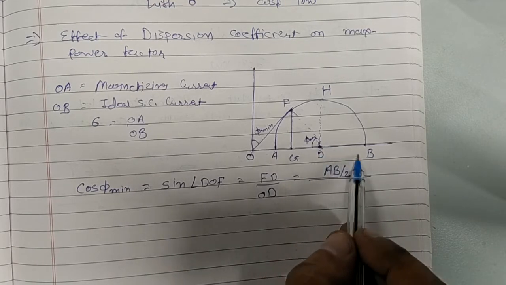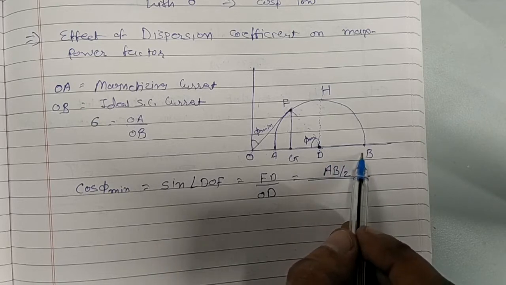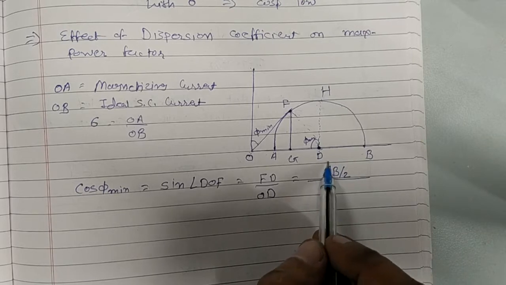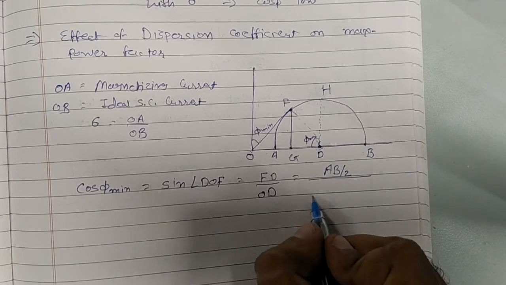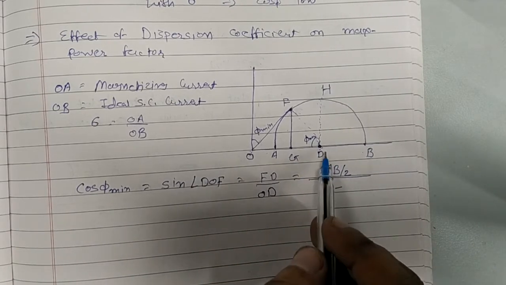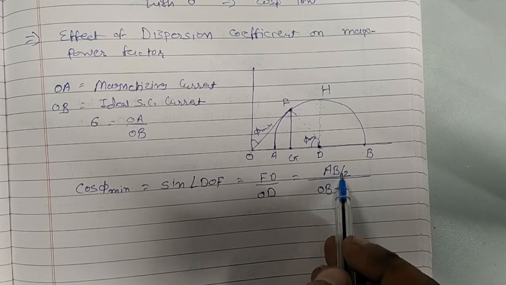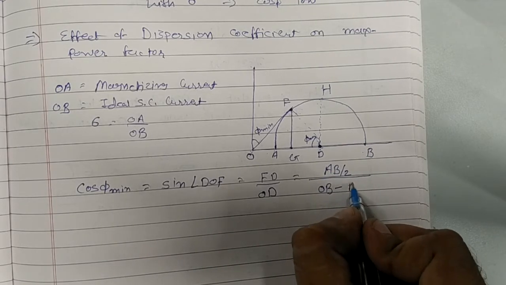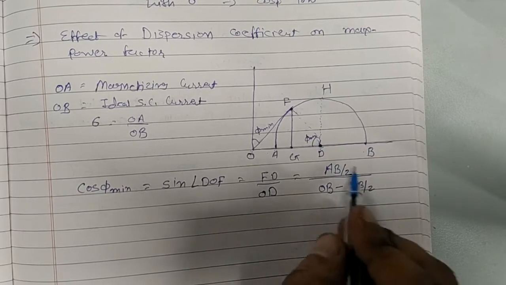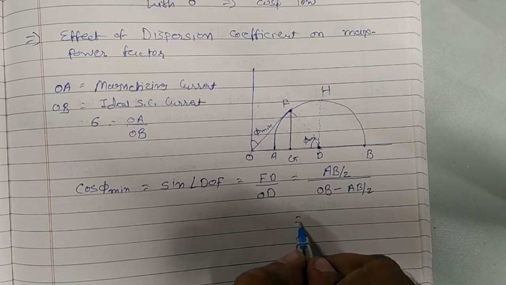But what is DB again? DB is also the radius of our semicircle, and all the radii of the semicircle are the same as AB by 2. So I can write OB minus DB, and DB is AB by 2, so directly I will write AB by 2. Now if I simplify this equation, what I will have is